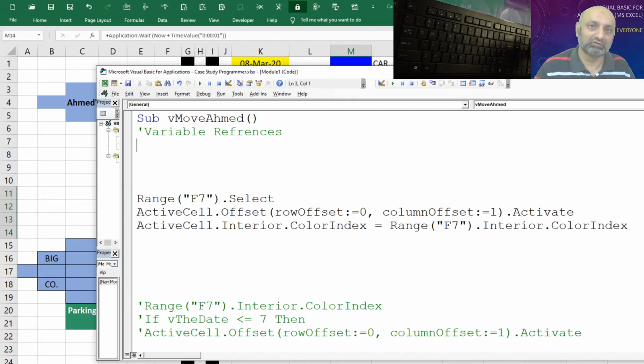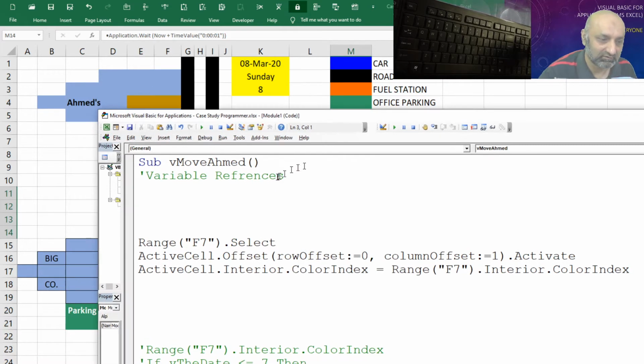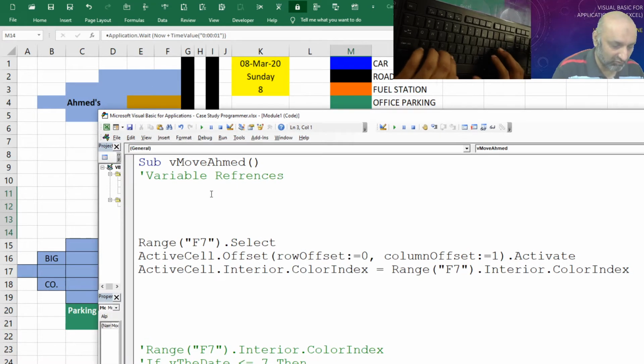And if you try to find any macros from the net, developed by good programmers, you will find that they have declared their variables and assigned them initial values at the top of their code. So we will follow the best practice over here, and we will define our variables and assign them values at the top.